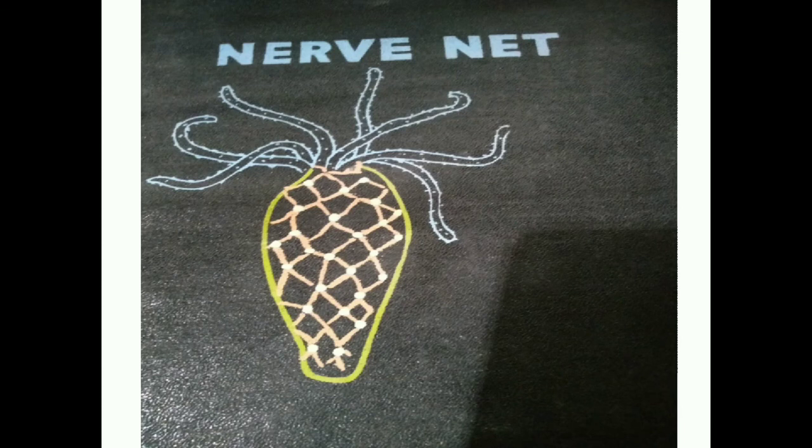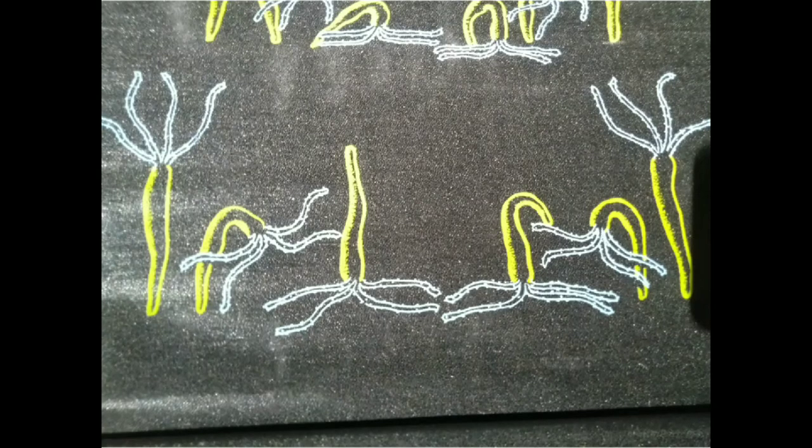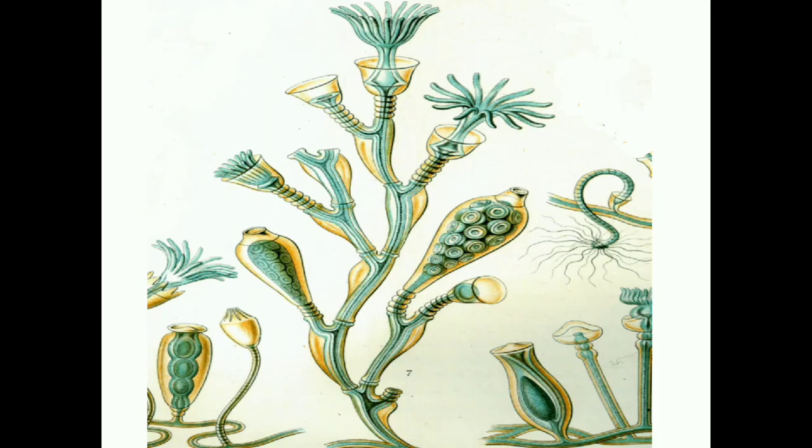Then the nervous system is in the form of a simple nerve-net. Here brain formation is absent, only the nervous system is in the form of a net, so called nerve-net. Here locomotion occurs by gliding movements with the help of these tentacles. During locomotion or movement, tentacles glide on or get attached to the substratum and gliding occurs in case of this hydra. So tentacles help in locomotion.